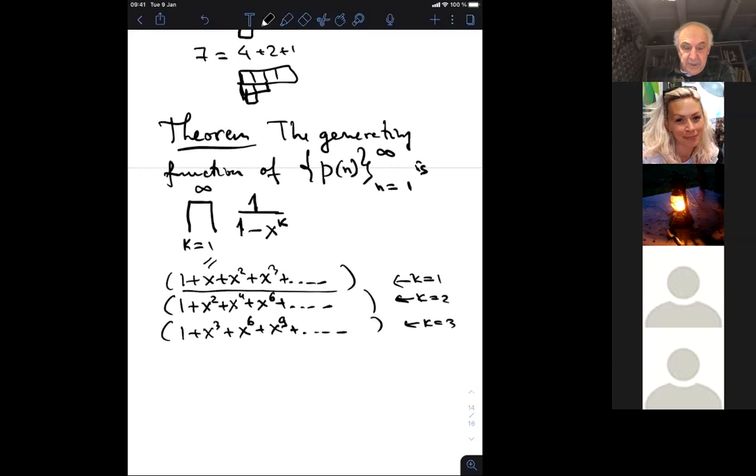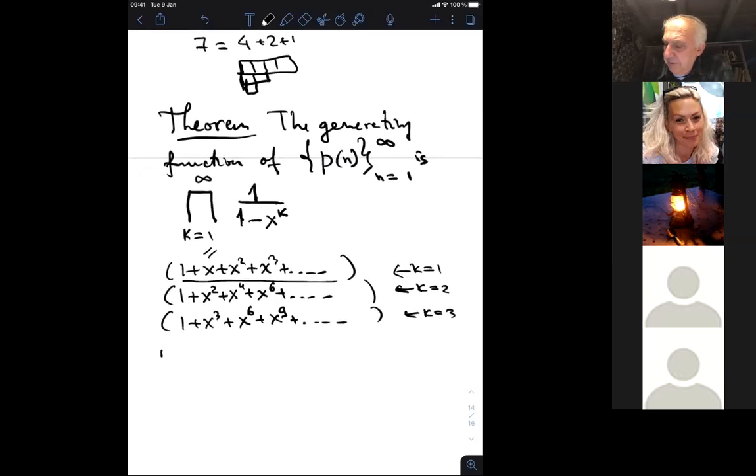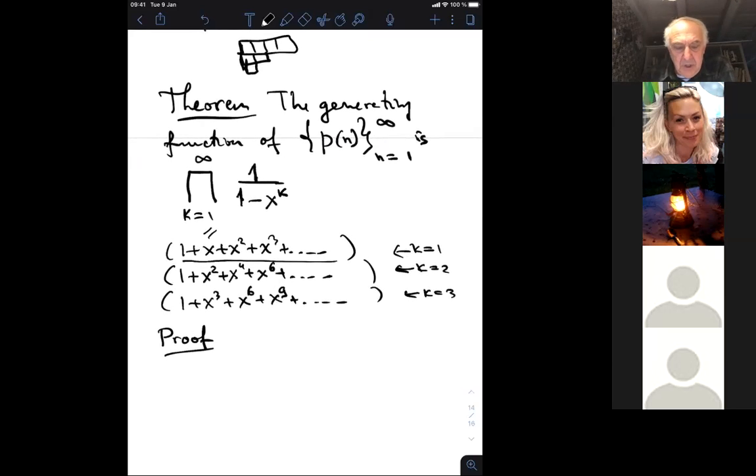Okay, let's see. Why is this true? So let me try to show, to convince you that this is true. Now, a partition, so we can think in the following way. A partition of n